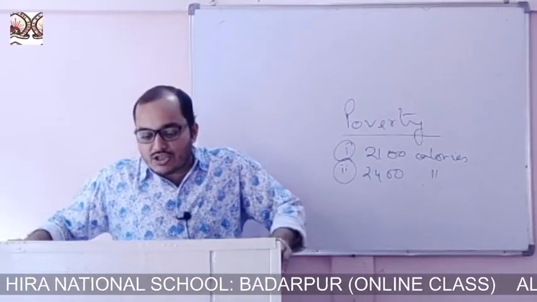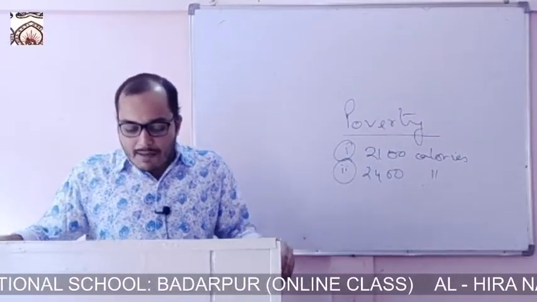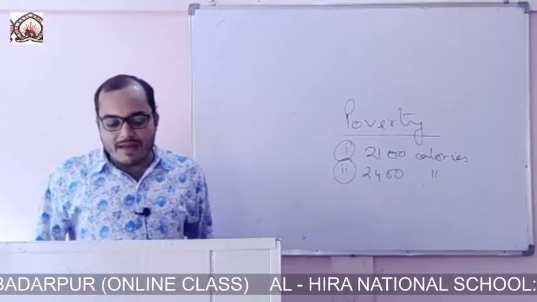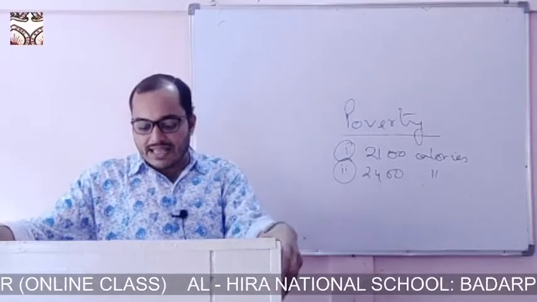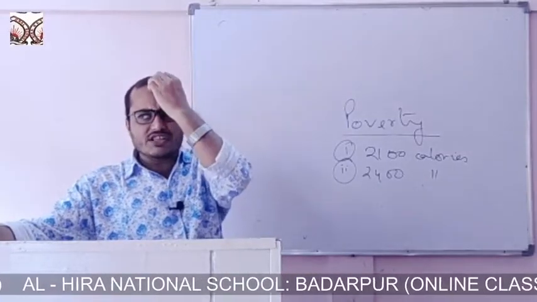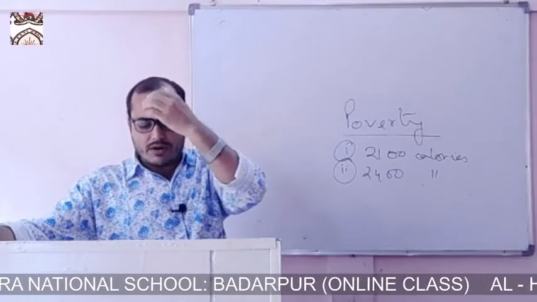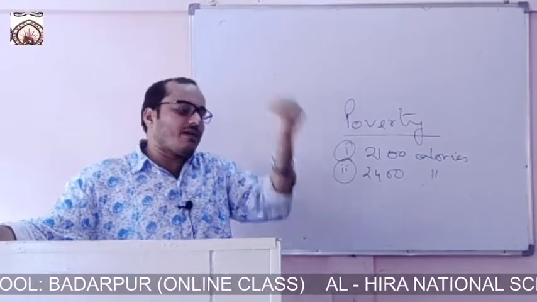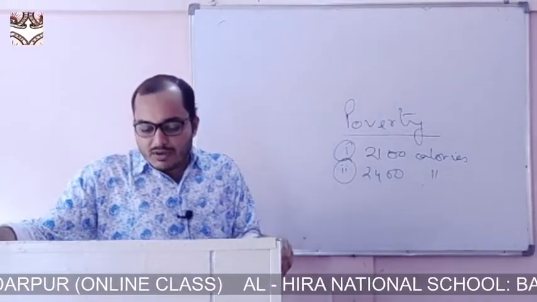Another feature is also there: in the rural area, if an individual has a monthly income of 368 rupees, then he or she is not regarded as poor. In the urban area it is 558 rupees. So in the rural area, why is the money less? It is because